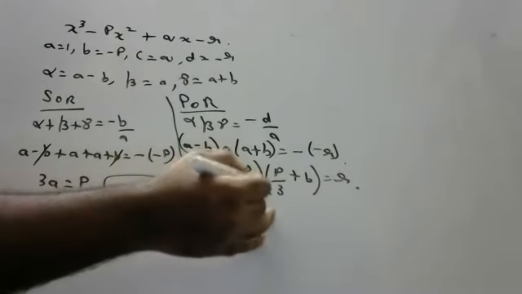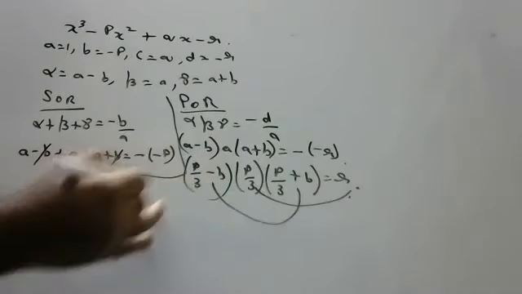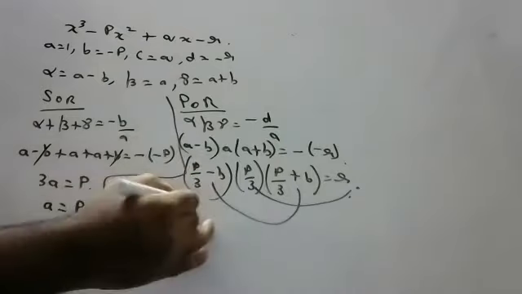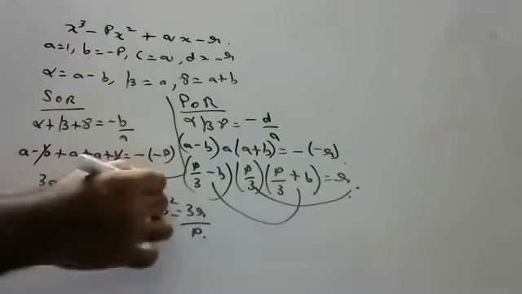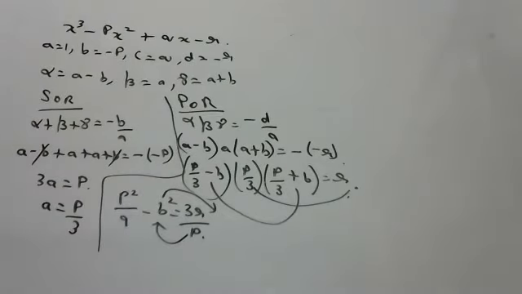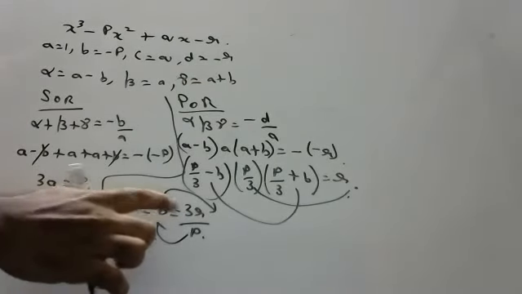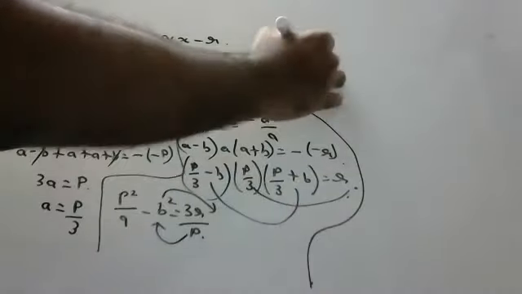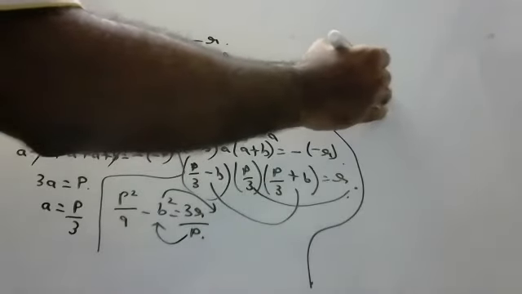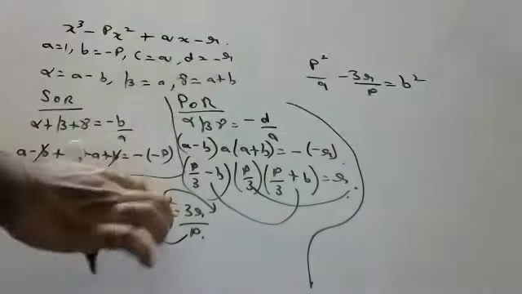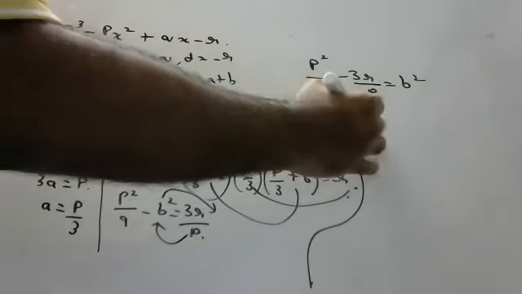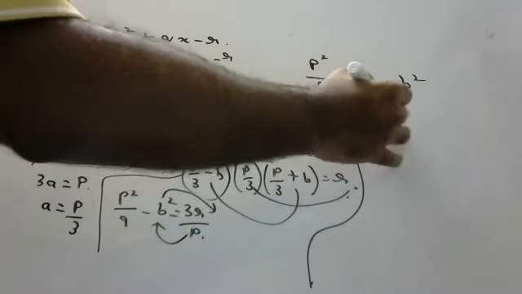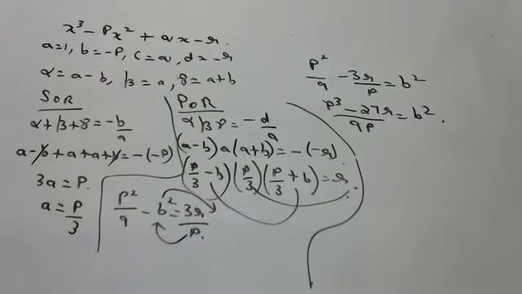Okay, children, so this will go up. a minus b into a plus b is how much, children? p square by 9 minus b square is equal to 3r by p. b will come here, this will go there. So p square by 9 minus b square is equal to 3r by p. How are we getting the condition, children? Please check the condition I am showing here. p square by 9 minus 3r by p is equal to b square. That's it. So 9p is the LCM: p cube minus 27r over 9p is equal to b square. Okay, children, this is one condition.